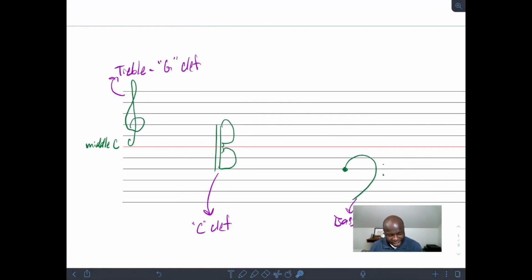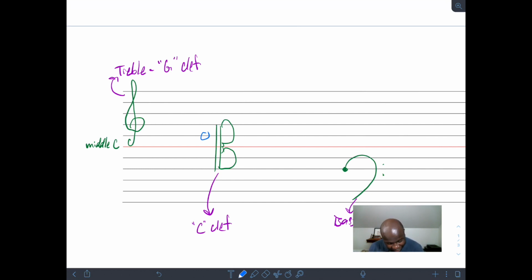So to illustrate that example, I think what we'll do is I'll just give us a note. Remember at the beginning of our discussion here, I gave you that note kind of without a clef, right? If you don't have a clef, you have no orientation in terms of where you are, so you can't really name the note. Well, now I've got a clef. I've got everything oriented, okay? And so now I should be able to name this note.